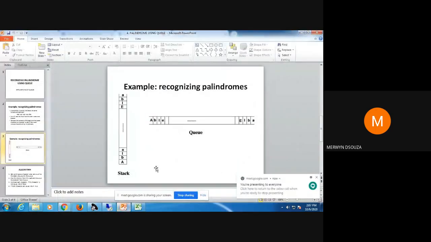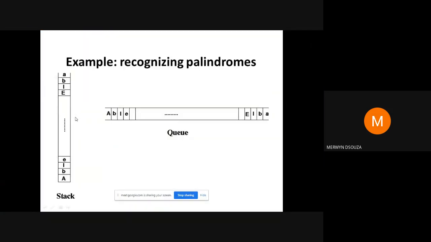So for example, in this diagram that we have, the strategy is going to be very simple. You have taken the input in the array, store the contents of the entire array onto the stack, and store the entire input onto the queue. Then start deleting one by one element from the stack and one element from the queue. Suppose this is the top of the stack. First you will delete this A, and then you will delete whatever is there in front. Suppose this is the front, for example. Then you delete this A and this A and compare.